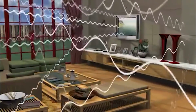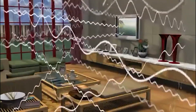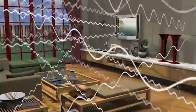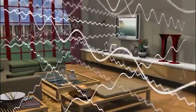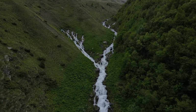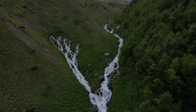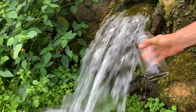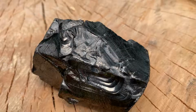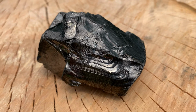A radio or cellular wave beaming by you could be carrying the information for a radio program or a video filled with anger, expletives, and hate speech. This disordinate energy interacts with the entire environment in subtle ways, and when considering the supreme importance of water for life and its ability to store and transmit information, it is critical to only interact and use water that is pure and clear energetically. Elite Shungite has an ability to slightly change the pH of a solution towards neutral, and